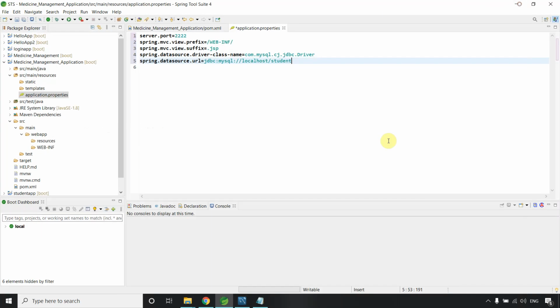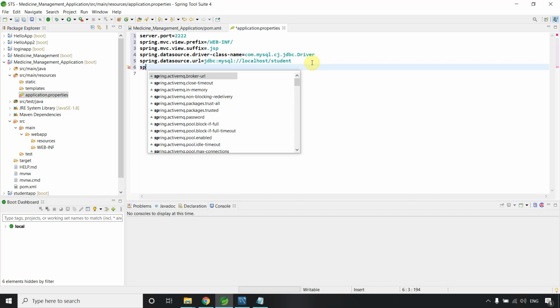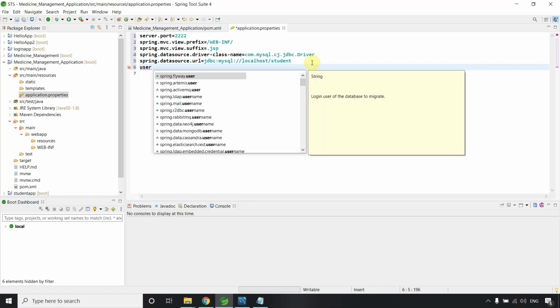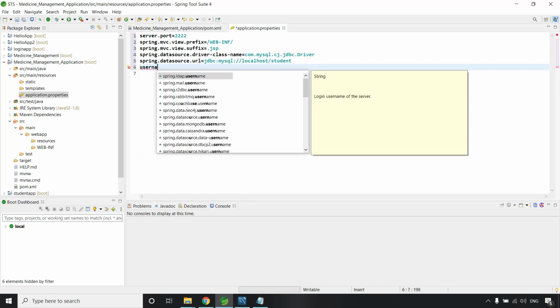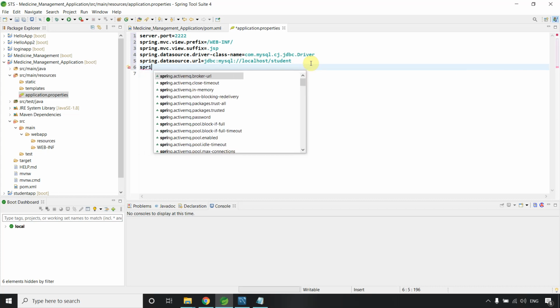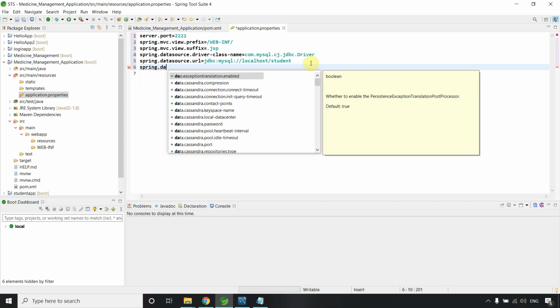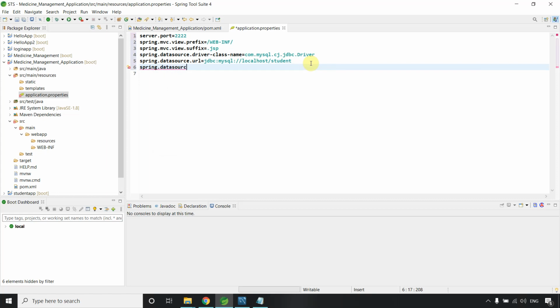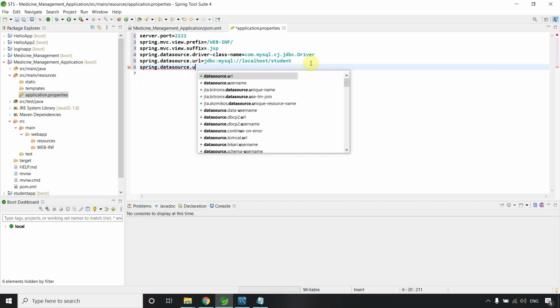Now you have to give spring again. Let me check if it will take it directly or not. Username. No, it's not taking it, so I have to give the full spring.datasource.username.